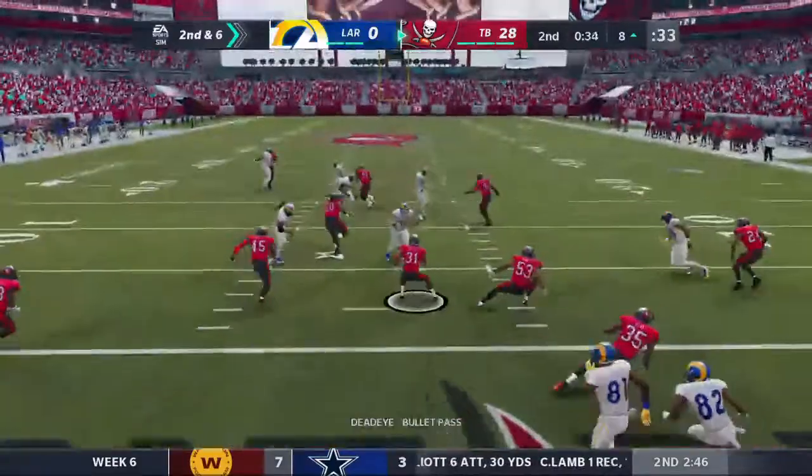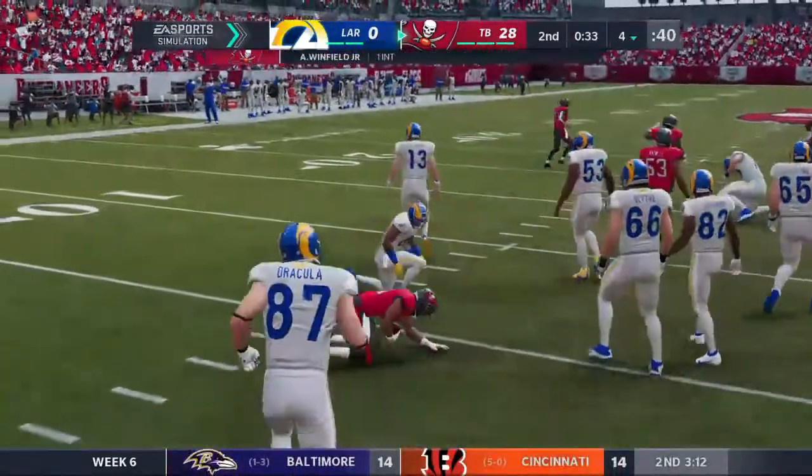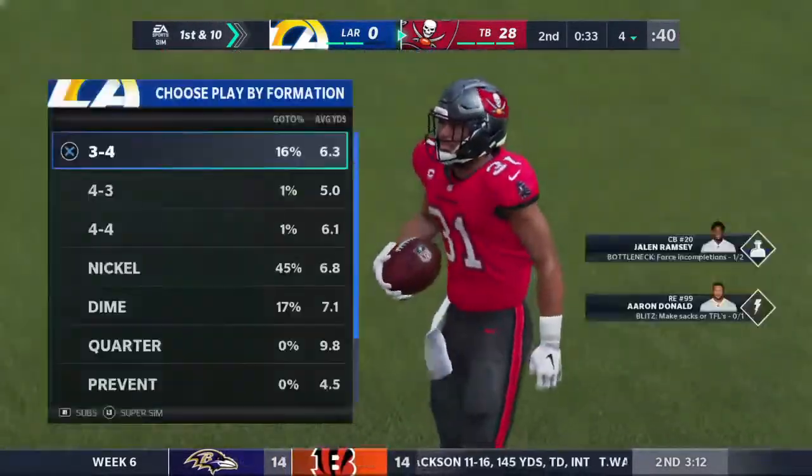And it's intercepted at the goal line. Picked by Antoine Winfield Jr. And nothing there on the return. They got the football, but they'll have to start this